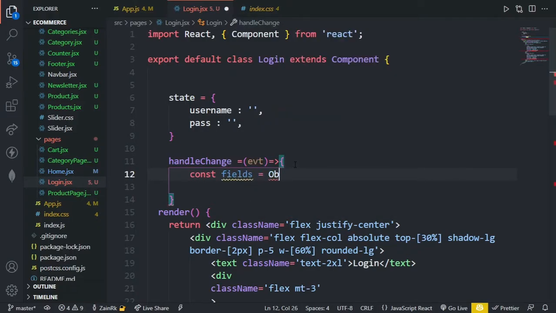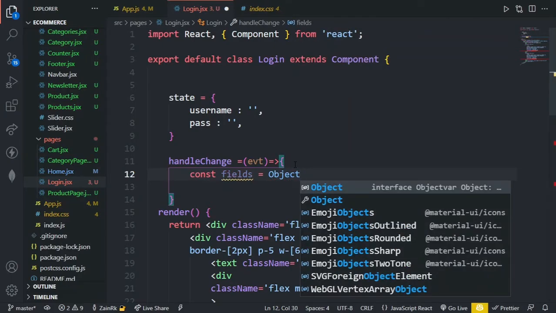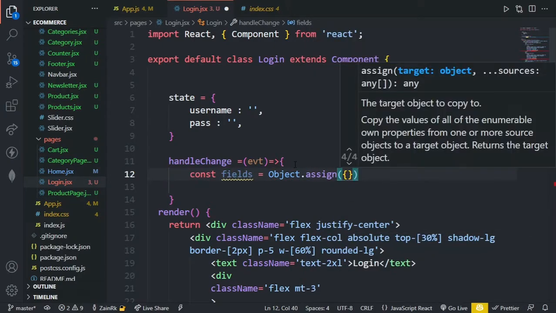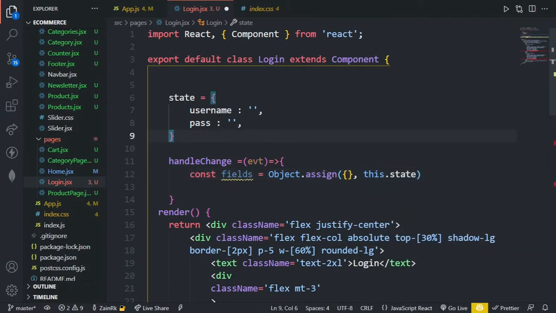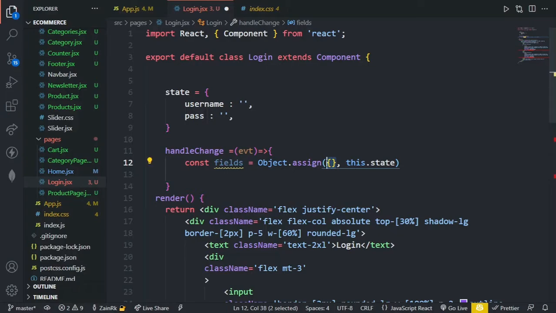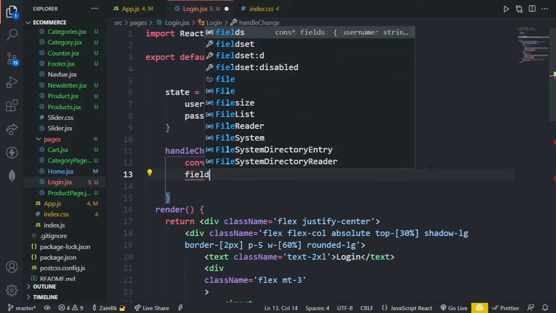First I will call the JavaScript method Object.assign with an empty object and this.state. So basically what is this doing? It is taking an empty object as its input, copying the this.state value into this object, and assigning this to the fields, and then inside fields